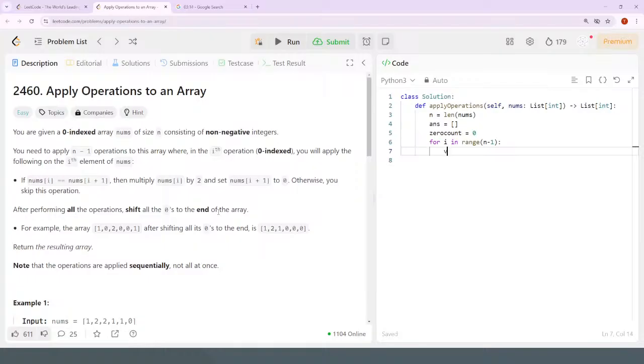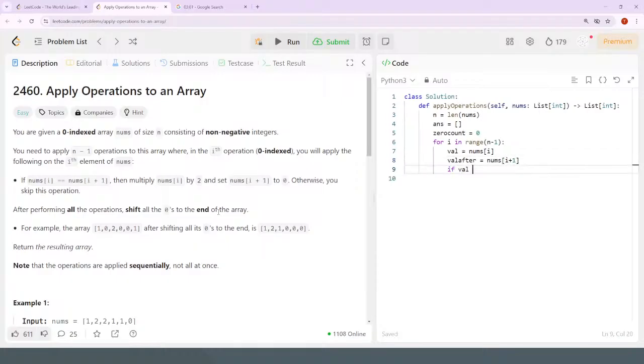Say value is equal to nums[i], value after is equal to nums[i+1], and let's say if value equals value after, then what I want to do is append twice the value to my answer array. Value times 2, and then I know that the following element becomes 0, so the zero count is going to be